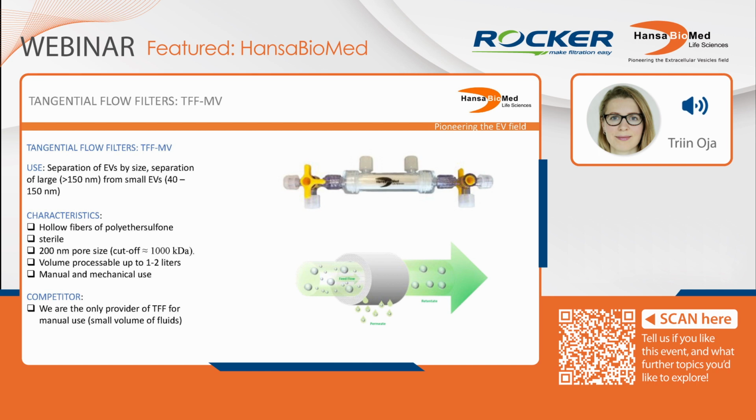additional proteins. This cartridge is made of hollow fibers of polyether sulfone. It is sterile. The cutoff value is around 1000 kilodalton. You can process with this type of filter up to 2 liters of volume. This mainly depends on the viscosity of the biomatrix. Since, for instance, as we all know, serum and plasma are more thick than urine or cell culture media